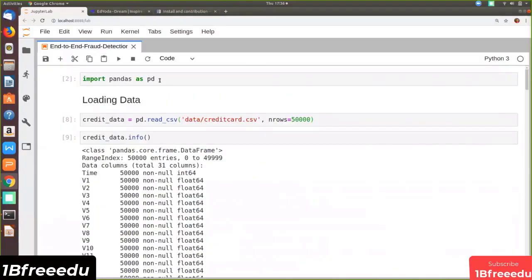We'll import pandas, followed by that we are working on a subset of the data. Actual data is in Cassandra. We are not yet connecting there. We're just loading a subset of the data and we have some 50,000 rows here. So this is a simulation of loading a subset of the data.